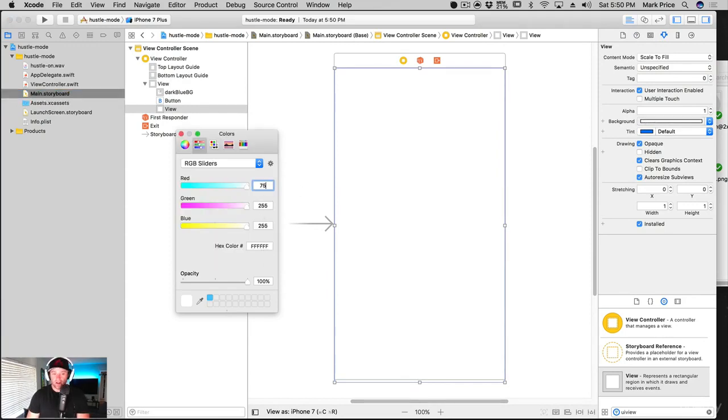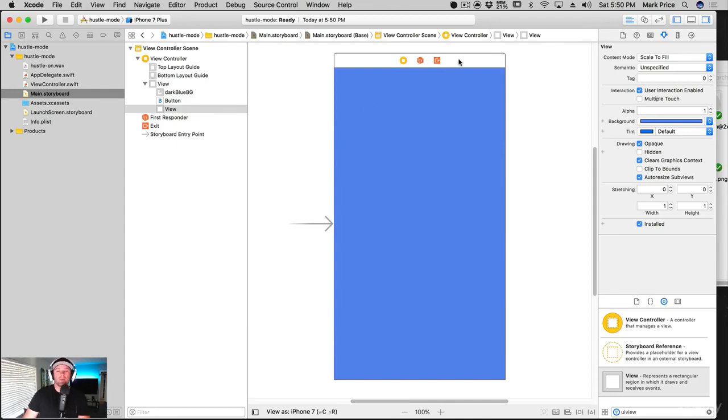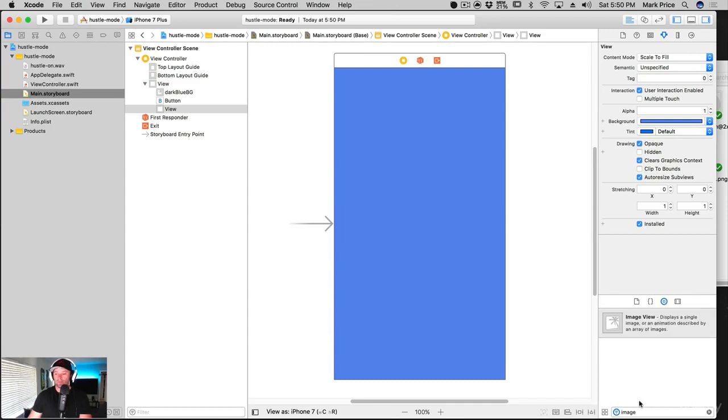And 75, 118, and 170. Oh, 171. Make it a little brighter. There we go. Not too shabby. Okay, so there's our nice blue background. You don't need to use an image whenever you don't need to, because it'll be faster just setting the color here. And so what we're going to do now is add an image view